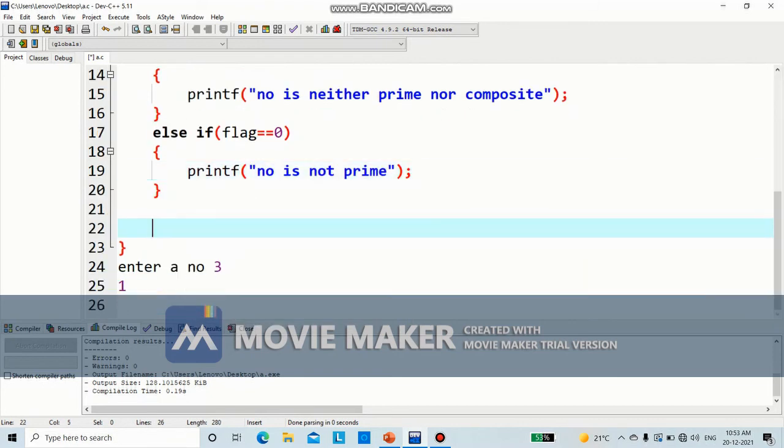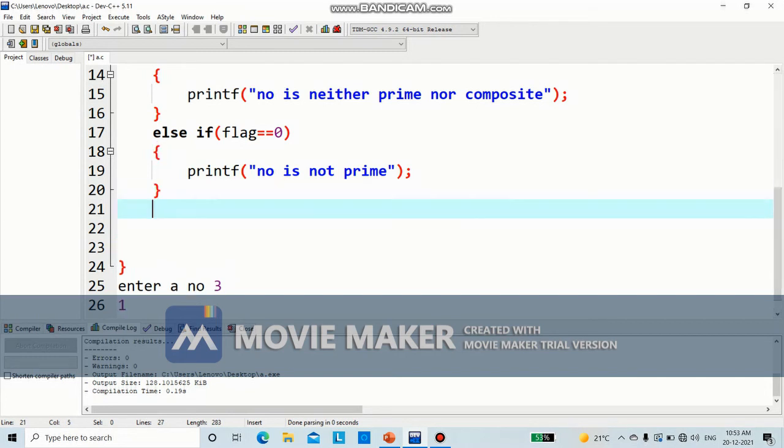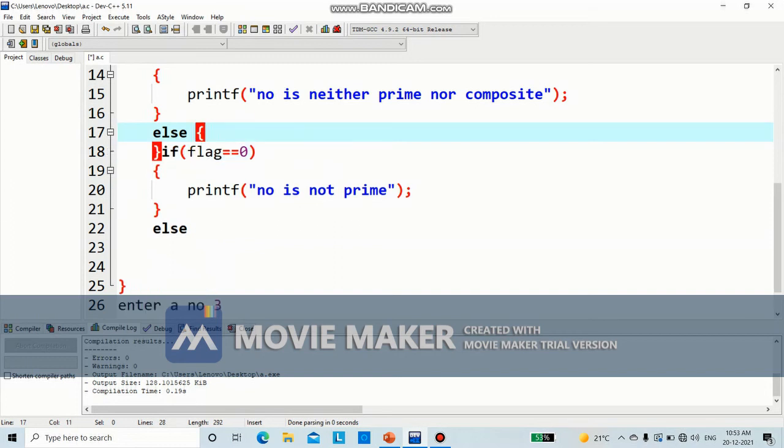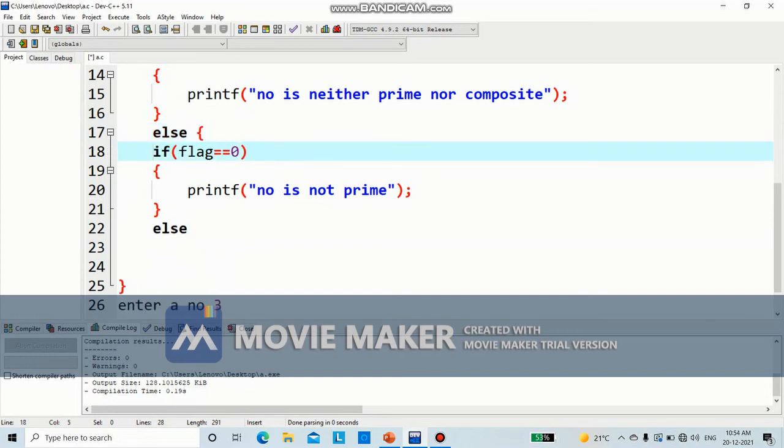One extra loop we are having. Okay, number is not prime. Else, so if flag is equal to 0, this one is fine. We can give it under the else part also. Let's give it under the else part.